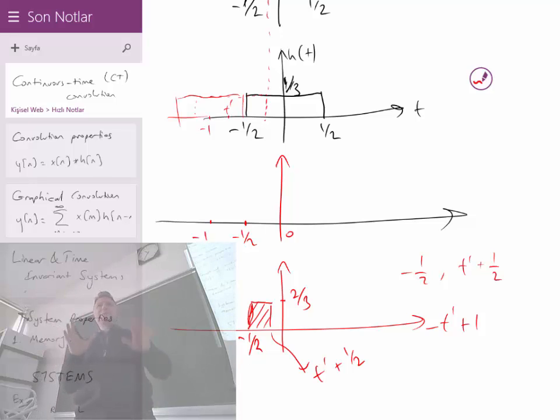Okay, I'm sorry about that, but the difference between the two must be somehow t prime plus 1, or 1 minus t prime, which is the width of this rectangle. And the height of the rectangle is 2/3, so the area underneath is 2/3 times 1 minus t prime. That area, as you see,